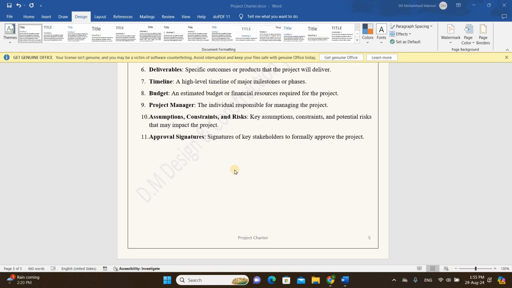So stay tuned till the last, and it's a very important document for all the engineers and project managers who are involved in the construction field. It is important to prepare when you get a project and need to start it, before planning, before doing any scheduling. You have to prepare one document which will have a brief description about your project. So let's dive into the details about what a project charter is and its key elements, and then we'll see how to prepare a project charter.